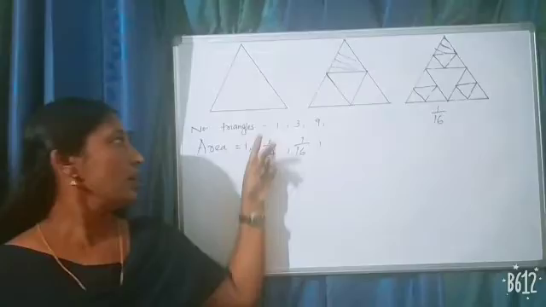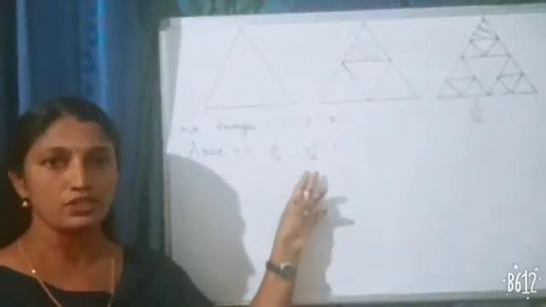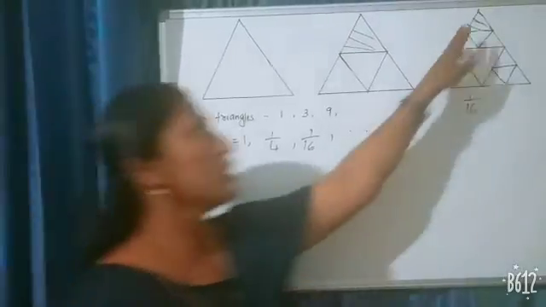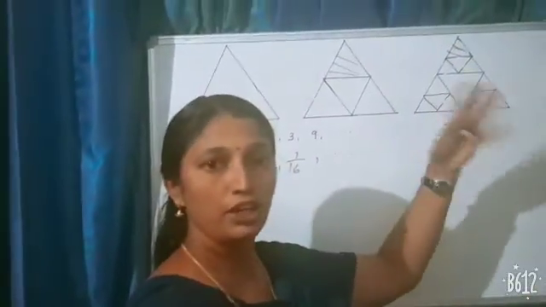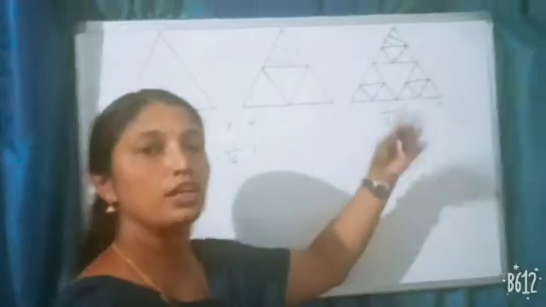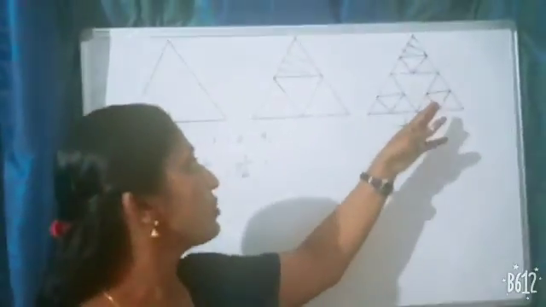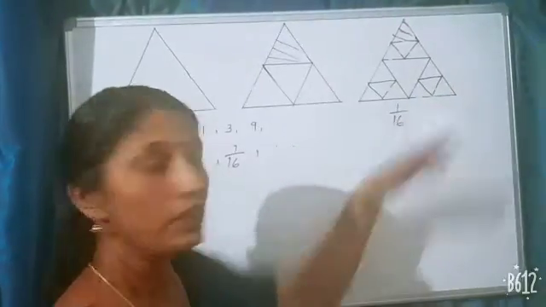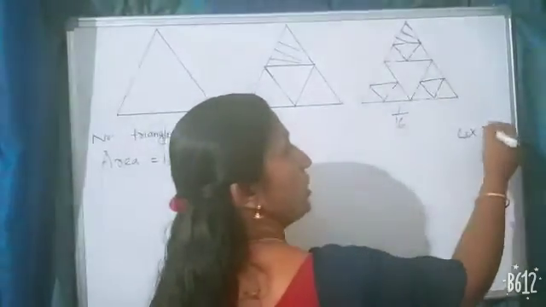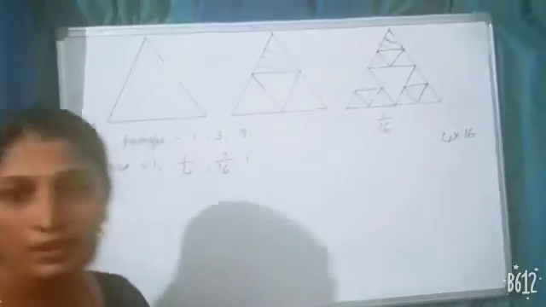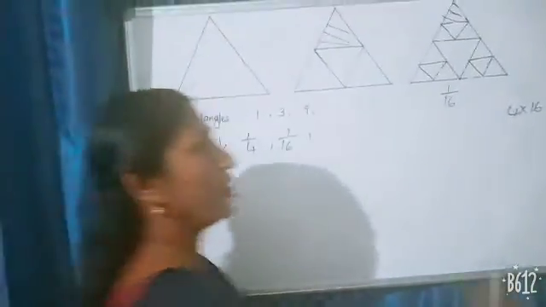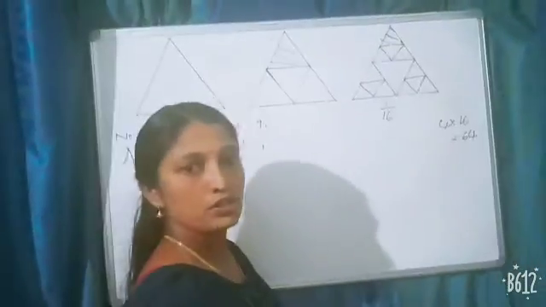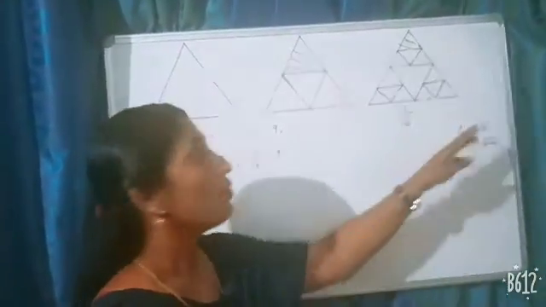So 1, 1 by 4, 1 by 16 and so on. Again, this one small triangle we can divide into 4 equal parts. Then that will be 4 times of here 16 triangles. So the next one will be 4 into 16 triangles, right? 4 into 16 will get 64. So area of one triangle is 1 by